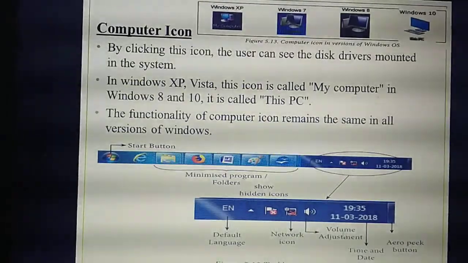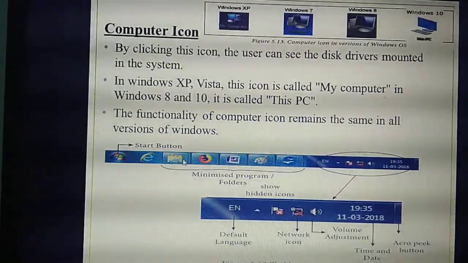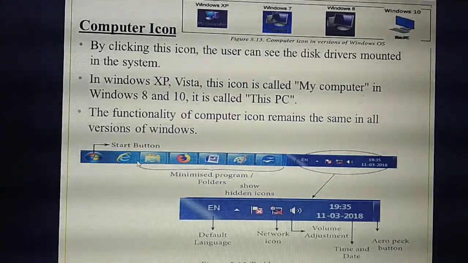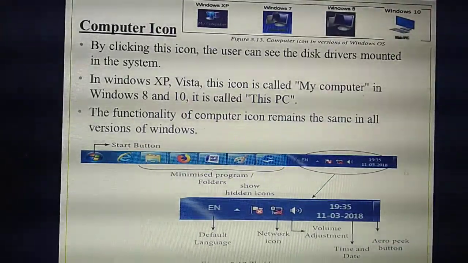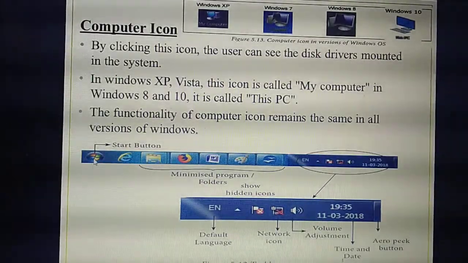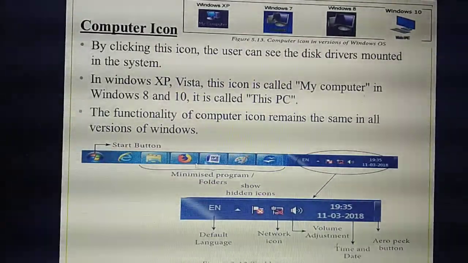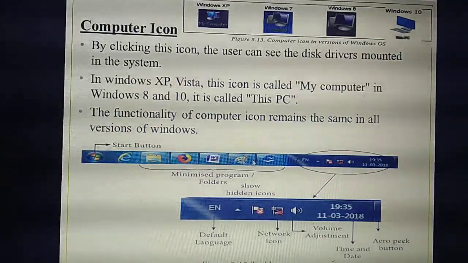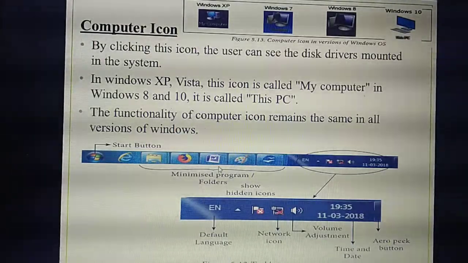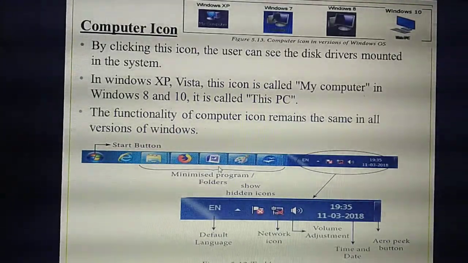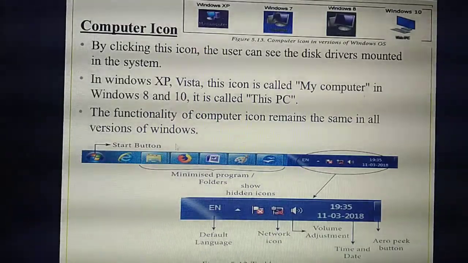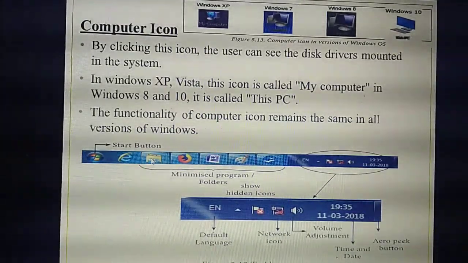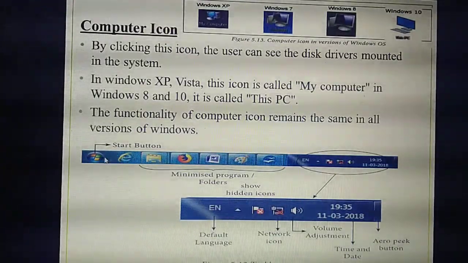So listen. Is this diagram visible in the taskbar? This picture. How many icons are there? First, the start button. This bar we call the taskbar. Which button is at the left corner? Start button. Next, how many programs are opened? 1, 2, 3, 4. Here 6 programs are opened. That means a particular user is using 6 programs and then minimizes the 6 programs. The minimized items are also present next to which button?